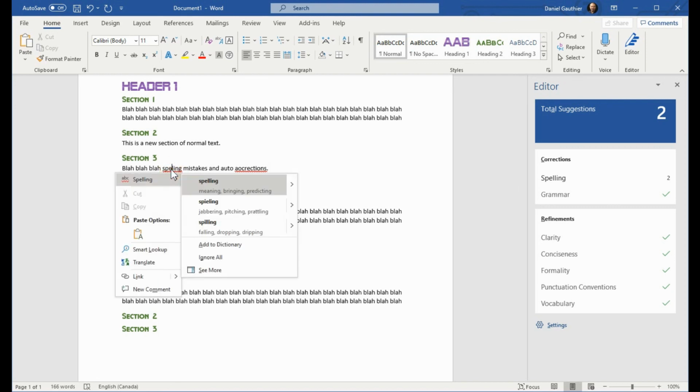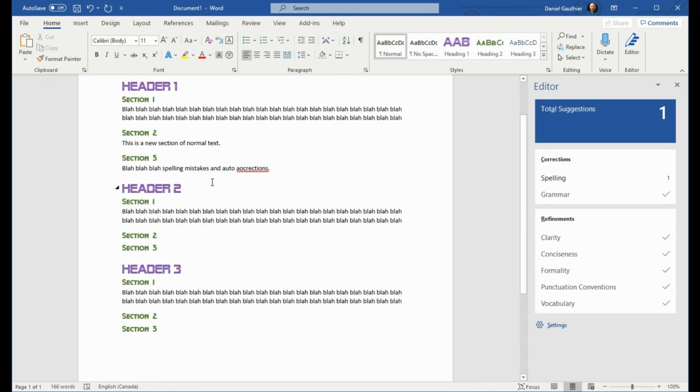But here what you can do is right click on it and it tells you it's a spelling mistake, and then you've got the correct spelling here, but there's also a couple of other options in case that's what you really meant because you were really off the mark on your spelling at that time. So you can just click on it, or if that is correct and this is a new word and it's not in the dictionary, you can add it to the dictionary, or you can even tell it to ignore all instances of that word in this particular report because it's an odd one. You don't necessarily want to add it to the dictionary, but you don't want it to bug you about a spelling mistake throughout the entire document, so you can just ignore all of them.